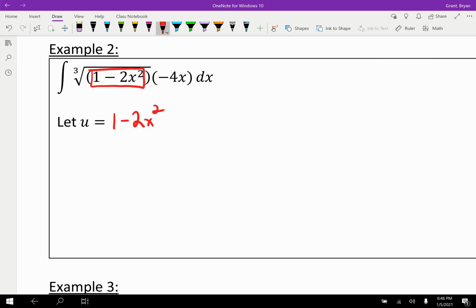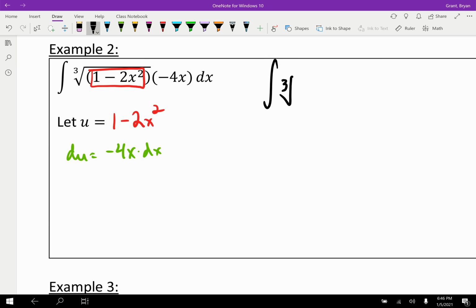We know we're also going to need a differential. So our du, in this case, 1 becomes 0. We get negative 4x, and don't forget your dx at the end. This is looking pretty darn good. So let's go through. We have the integral